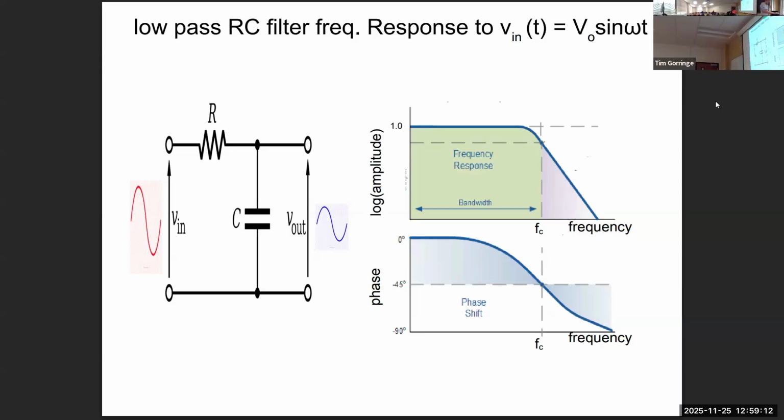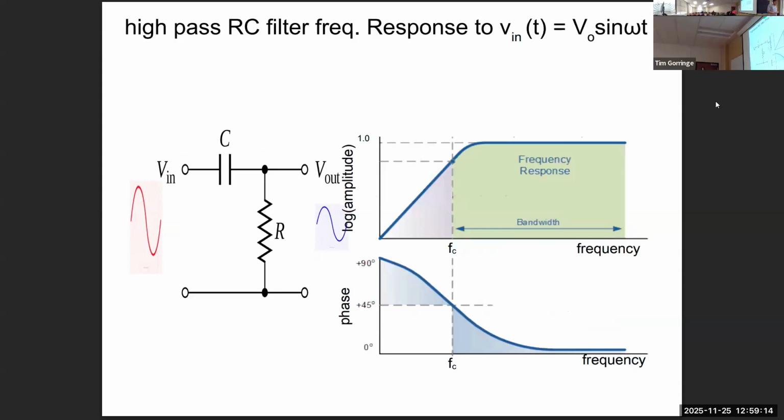Okay. This is the same thing for the high pass filter. In the high pass filter, we reordered the capacitor and resistor. The output is the voltage across the resistor rather than the voltage across the capacitor. Then, if we want to look at the frequency